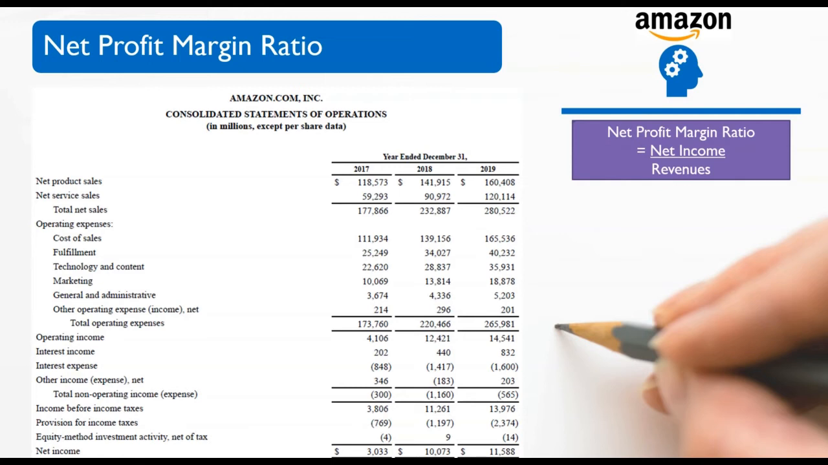The net profit margin ratio, or net margin for short, shows us how much net income is generated as a percentage of revenues. This is helpful because the